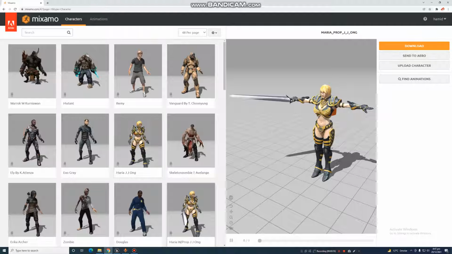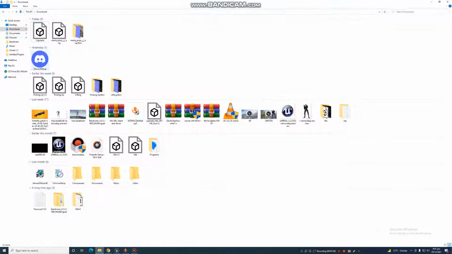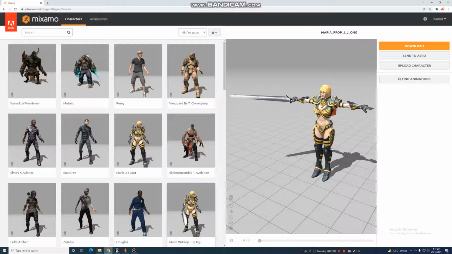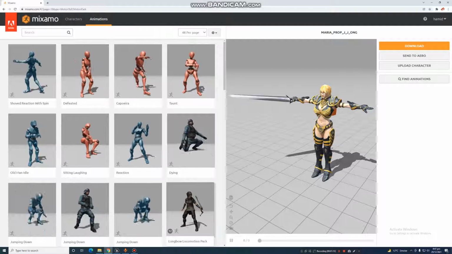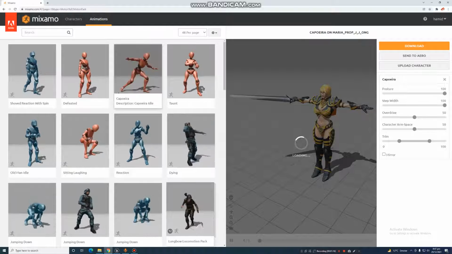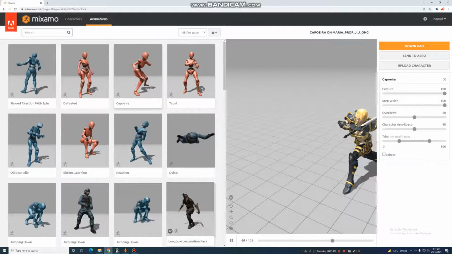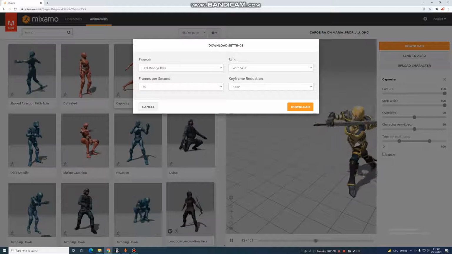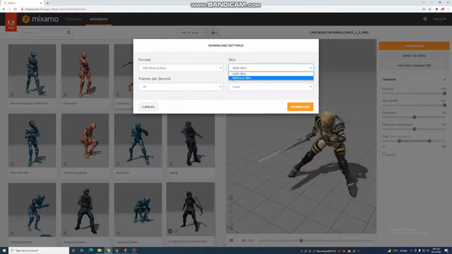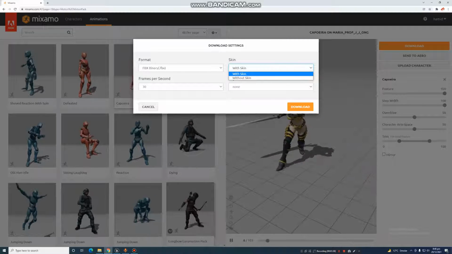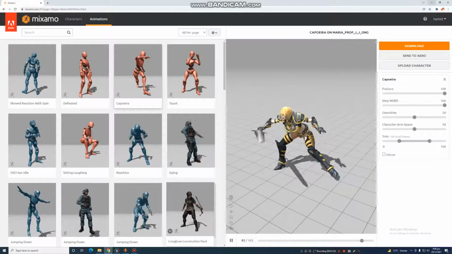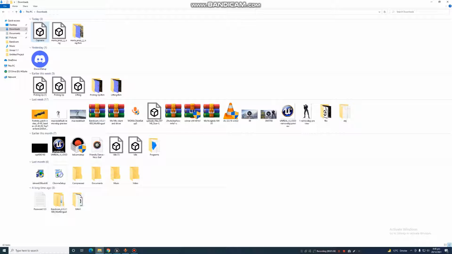first of all, you have to download any character you want. For example, I selected this one, Maria prop, and I have already downloaded that. Here I have Maria prop, and I have also already downloaded the animation. So I have selected this one as an animation. For downloading the animation, you just click that, and choose without skin, because you have already downloaded the skin before. If you haven't downloaded the skin before, you can download with skin as well. So after downloading these two assets, what you need is,